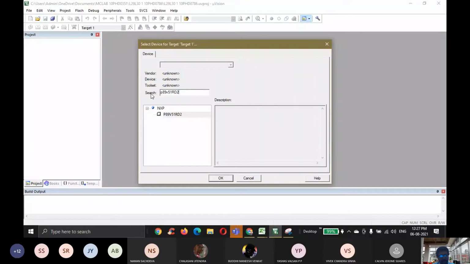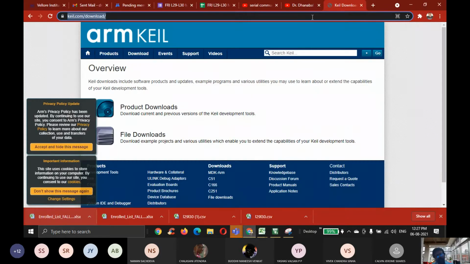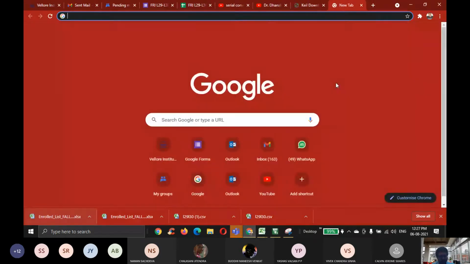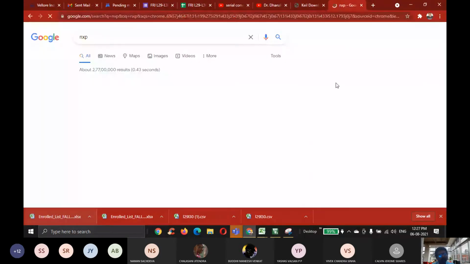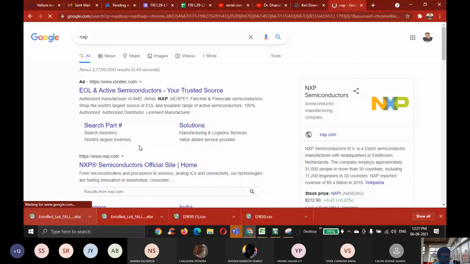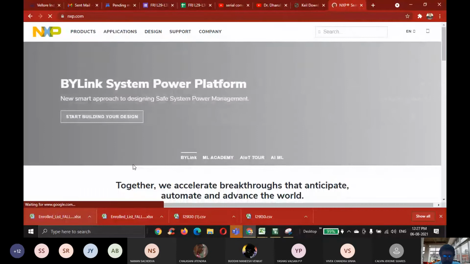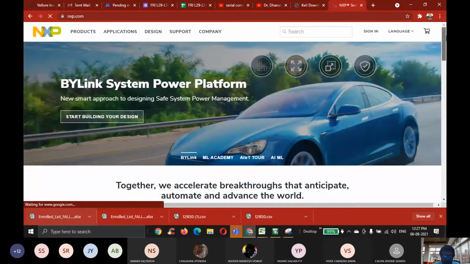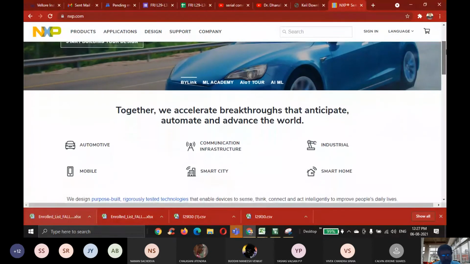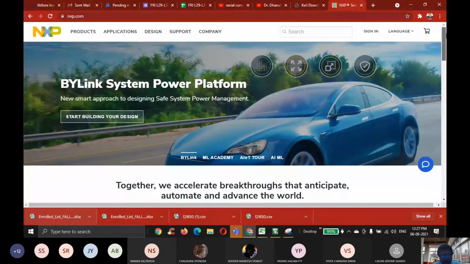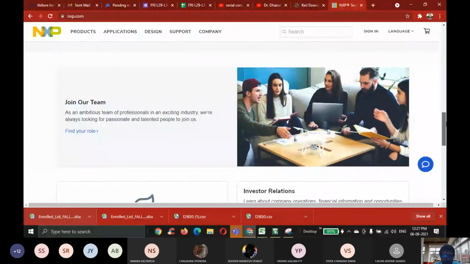This is from the Philips NXP vendor. About this vendor, you can search on the net and learn about the developments they have done. We are getting the chips for our laboratory from this particular vendor. So when you come to VIT, if you want to do projects in your final year semester or in between, you are going to be called to VIT. At that time you can use this hardware.